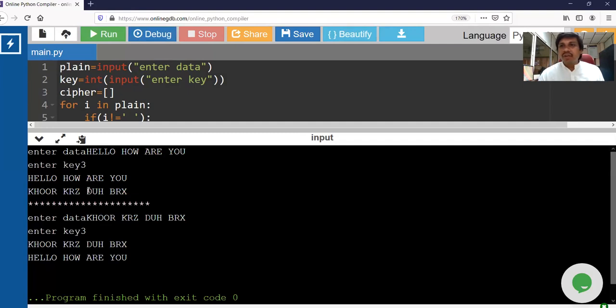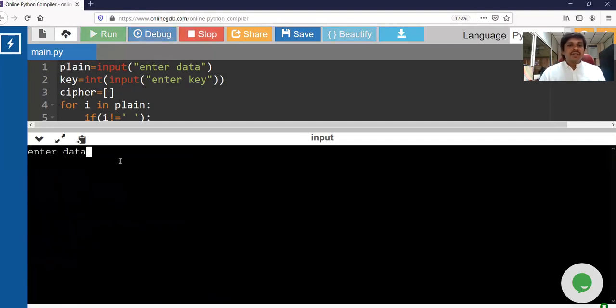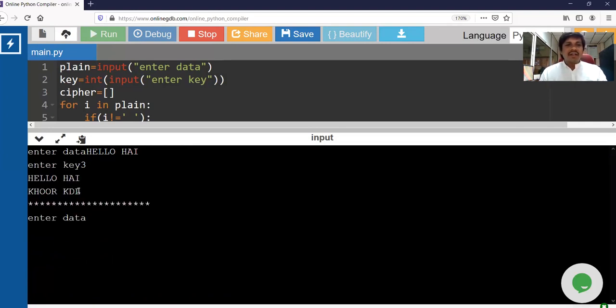What if I give the wrong key? That we will see now. So hello, hi is my data and the key is 3 and the encrypted data is KHOOR space ADL. Okay. Now I'm giving the wrong key.